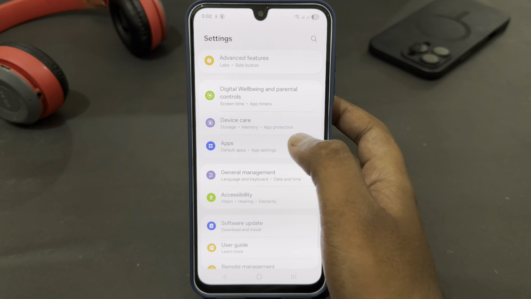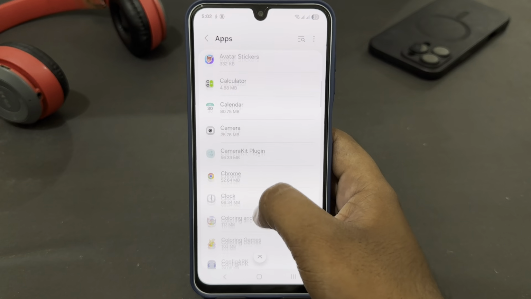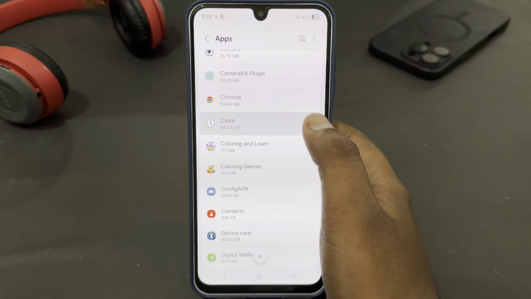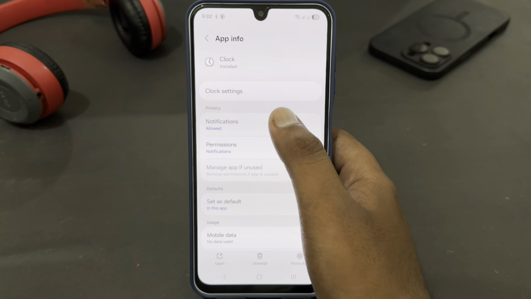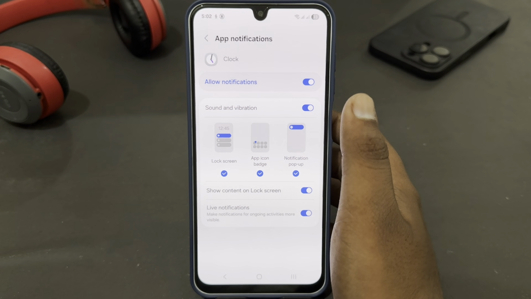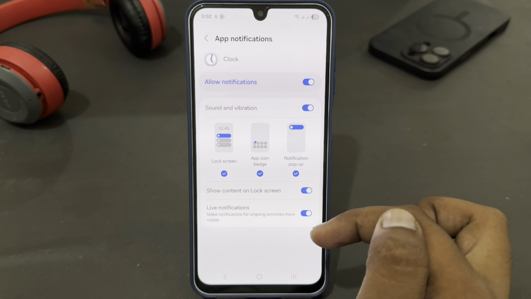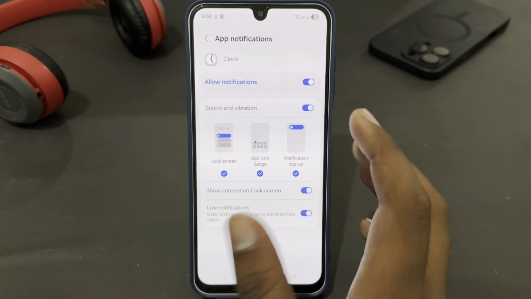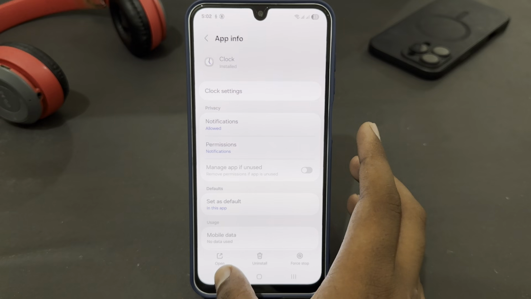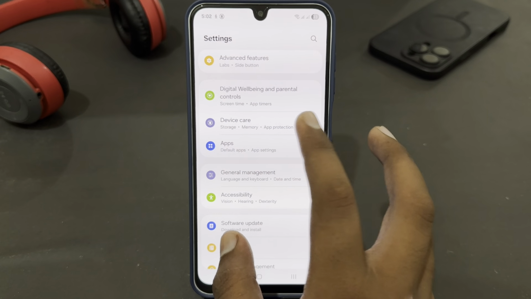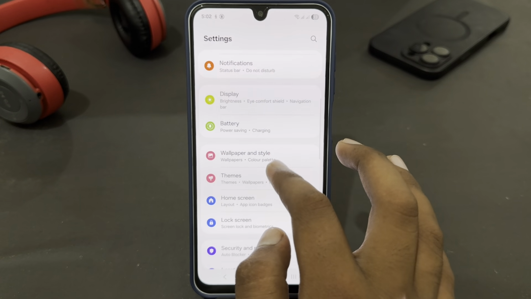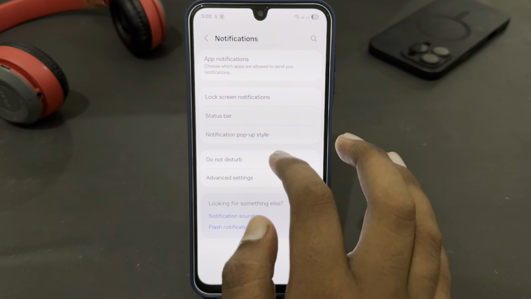apps. From here, just look for the clock app, and here just open notifications. And here you have to make sure that you have enabled all the notifications, which I have. After enabling all notifications, just go back, go to the main settings, and here select notifications, and here select lock